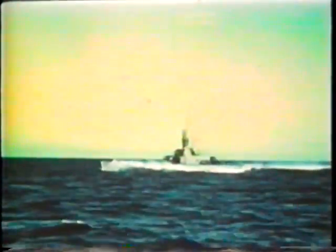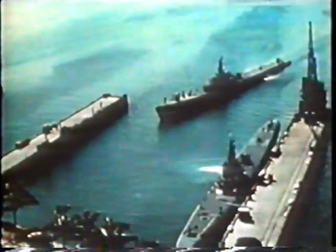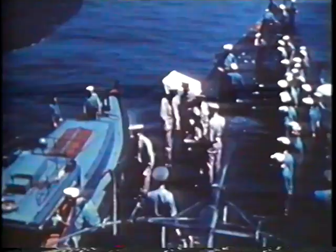I began to feel a little better, though, about the Trigger when we got underway. There was just something about it. Well, by the time we reached Pearl, the Trigger and me was friends. She'd sure won me over. How'd you do it? Well, I tell you, skipper...